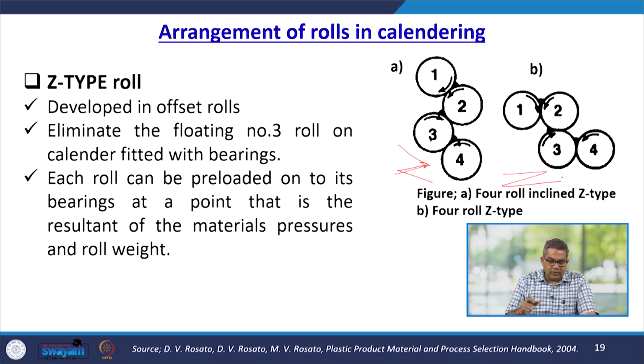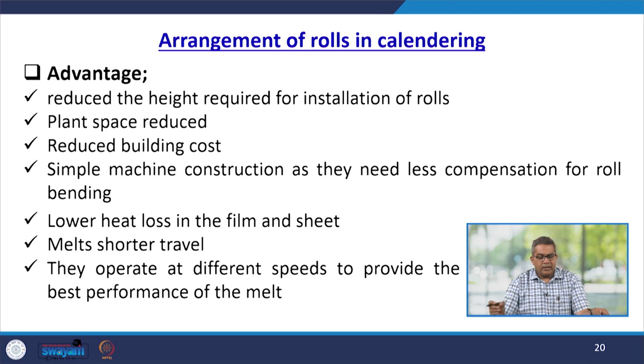Now, they eliminate the floating of the three roll on the calendering fitted bearing. This is the three. So, each roll can be preloaded on its bearing at the point that is the resultant of the material's pressure and roll weight. Now, there are various advantages like reduced height required for the installation of rolls, reduced plant space, reduced building